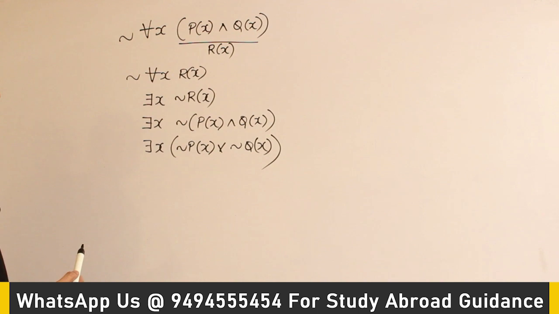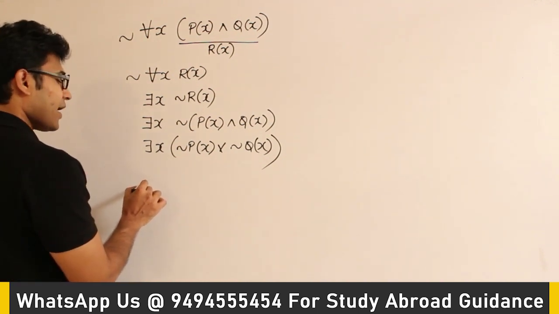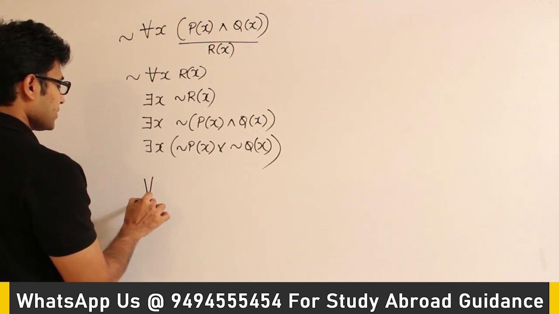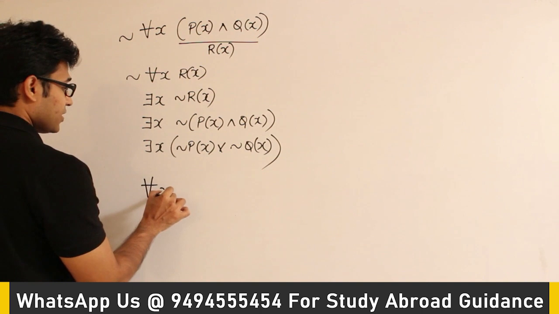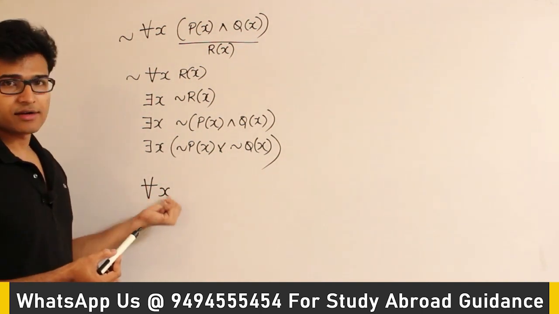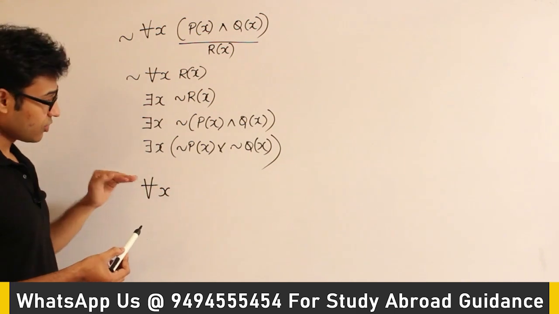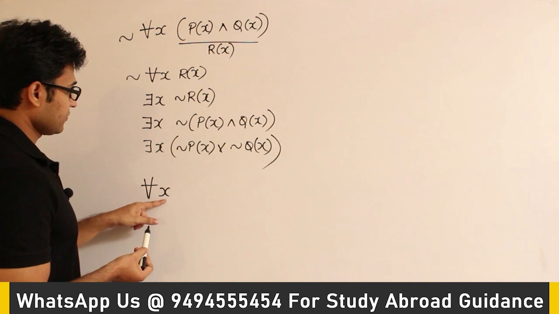And one other important, interesting formula here is this one. Either you can take for all or there exists. Generally this is what is important. I'll tell you why it is important later. First let's understand how it is done. Later I'll tell you why only this formula, whichever I am talking about, is important. There exists, for all x,